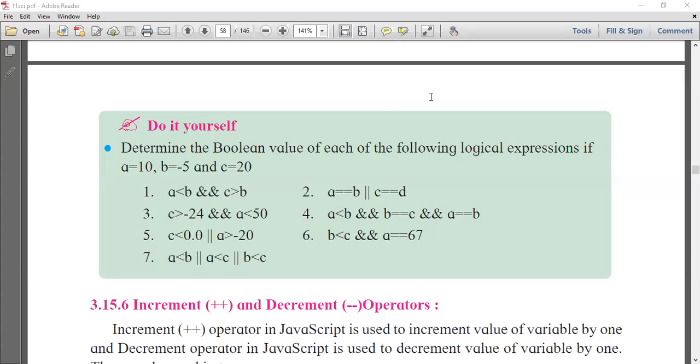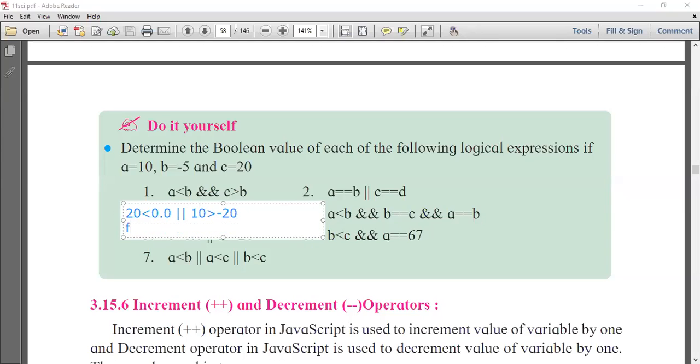Okay, see, this is the fifth one. So C means 20. 20 less than 0, or A means 10 greater than minus 20, right? So this can be written as 20 less than 0.